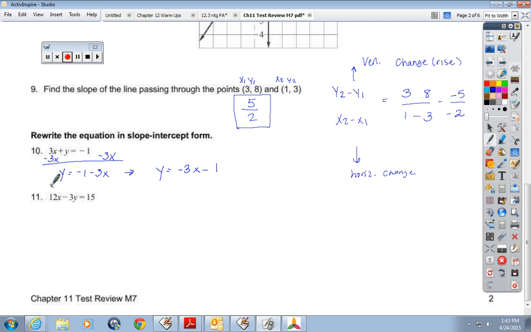Okay. Number 12, what would I do first? I mean, number 11, what would I do first? Subtract 12x from each side, and that would give me negative 3y equals 15